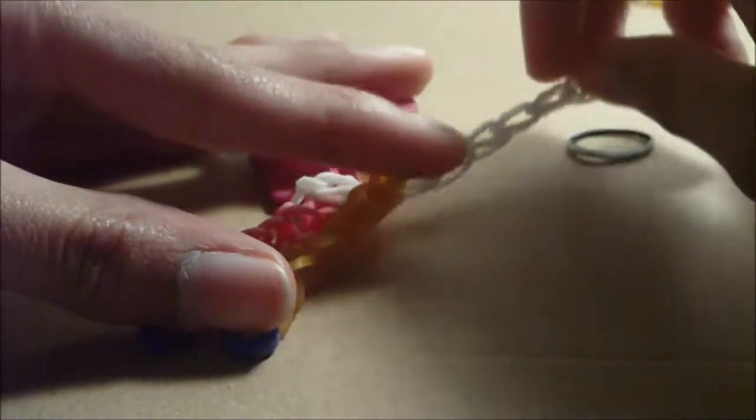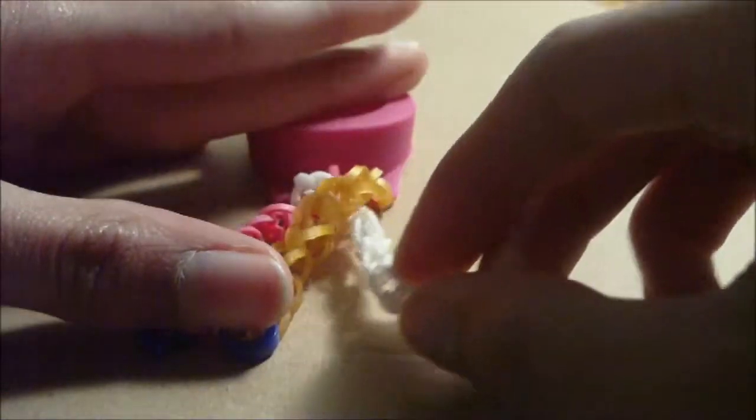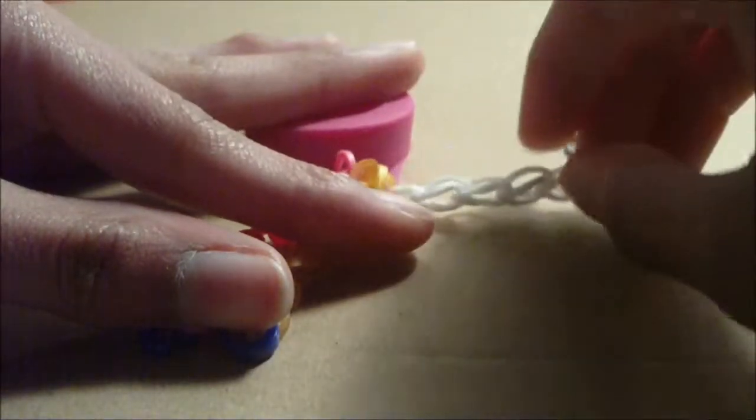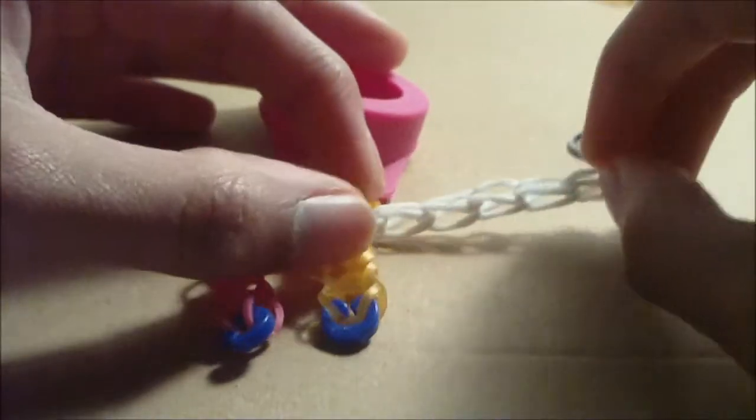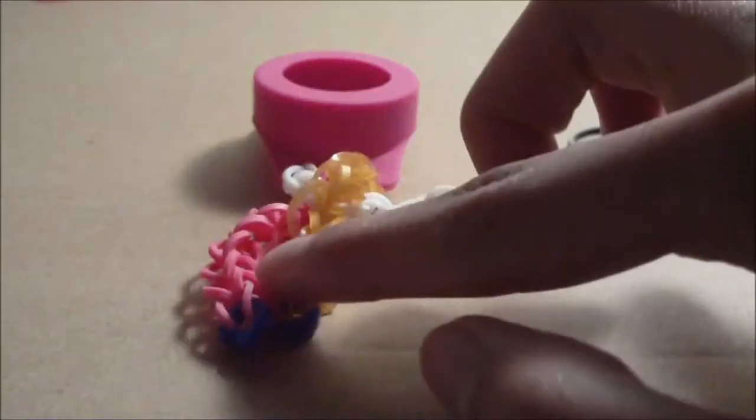Right? Now, depending on how tight you want it, you can bring your single chain up like this or have it a little loose. That's all up to you. And I'm going to show you how to braid one more time because it's the same thing for the whole thing. So, to braid,